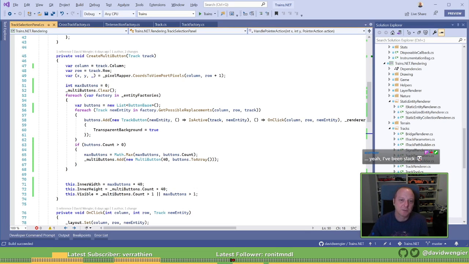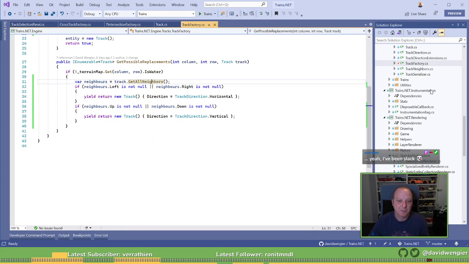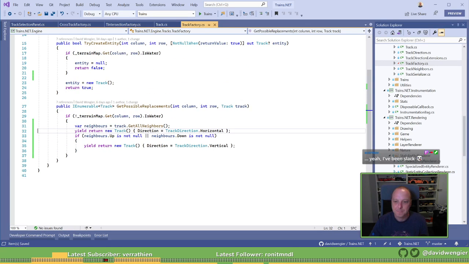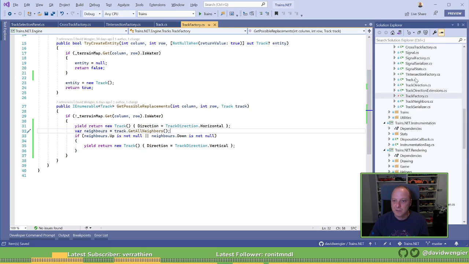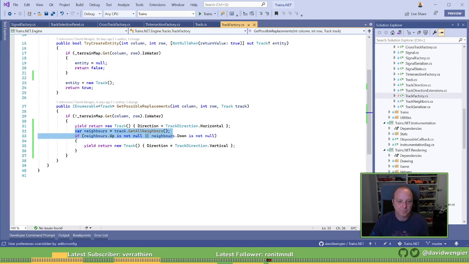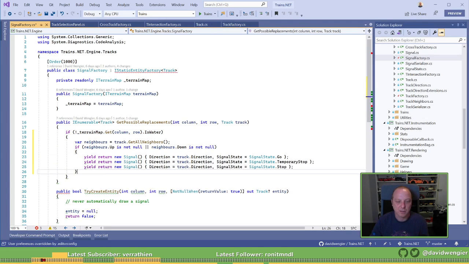Yeah. Okay, so in Track Factory, we need to always do horizontal. That makes sense. In Signal Factory, we need to check neighbors. Yeah, okay, so same as Track Factory. So we don't actually care what the current direction is, we just care if up and